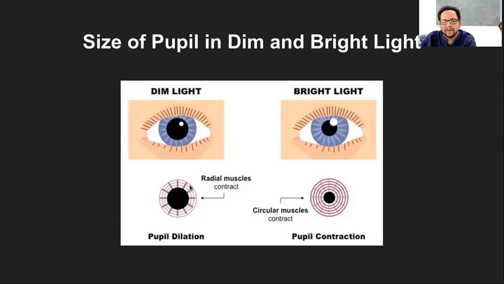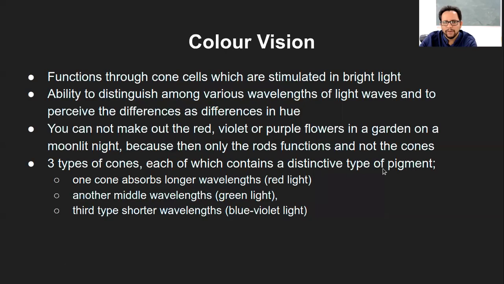The radial muscles, they are contracted. The one another diagram that I had shown you yesterday, or I don't know, earlier class, that also showed the same thing, but this is a better representation of this pupil dilation as well as contraction. So radial muscles, they will contract, and that will cause the dilation of the pupil. On the contrary, when the circular muscles they contract, that will cause the contraction of the pupil, and that's when the bright light will enter to a very less extent. So that is what this diagram wants to say.